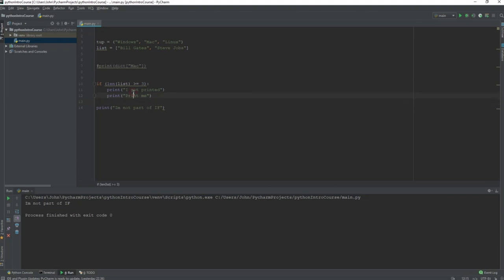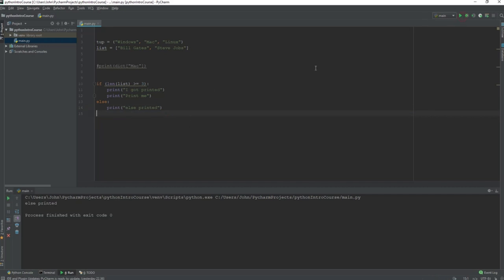So now that we have seen a single if statement, it's time to see how we can add additional statements to this. So let's say, for example, we keep this line right here, and then we can say else, meaning that if this is not true, then we will go execute the statements in the else statement. So we'll say print